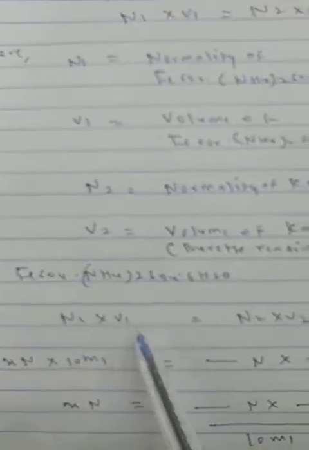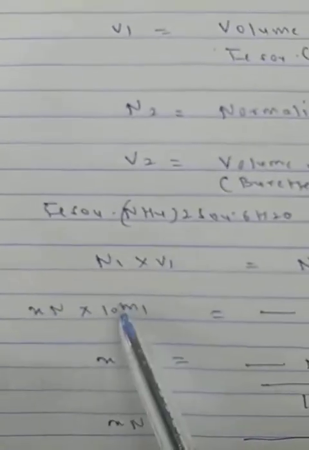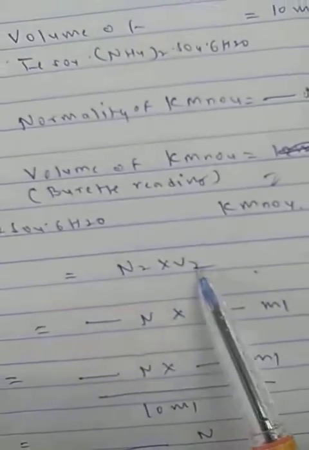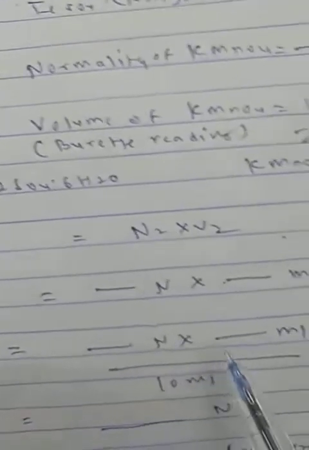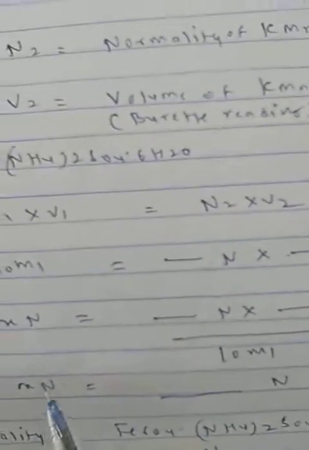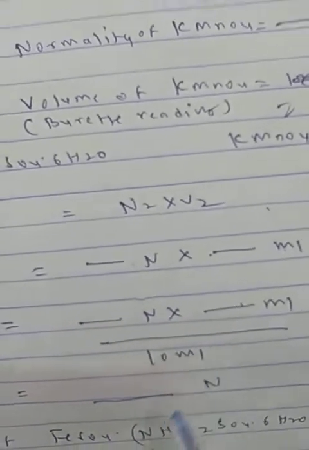Now how do you have to calculate? You take N1V1 = N2V2, where N1 is X normal for ferrous ammonium sulfate, V1 is 10 ml, equal to the normality that we will give at the practical time and the volume, the burette reading. You have to calculate X normal: the 10 ml comes here in the denominator. So X normal is equal to this normality multiplied by the burette reading, divided by 10 ml. Keep the space like that, as I have kept it. Don't write any reading, please.